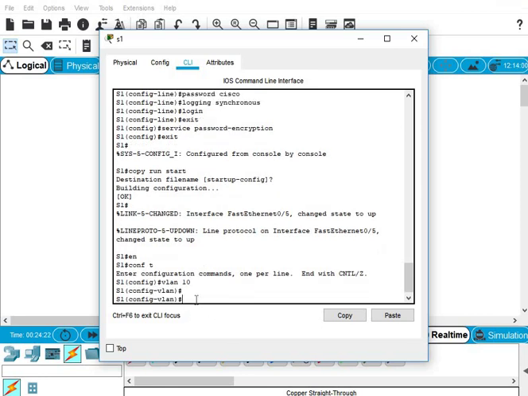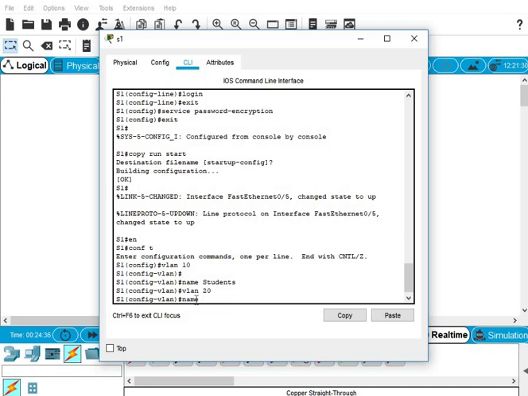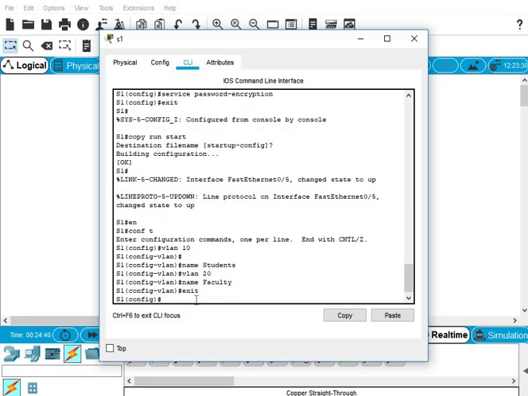Sorry about that. Okay, and let's change the name of this VLAN to students. And we have another VLAN 20. Let's name this VLAN faculty. Okay, now that we have two VLANs on the switch, which is VLAN 10 and VLAN 20, the next thing